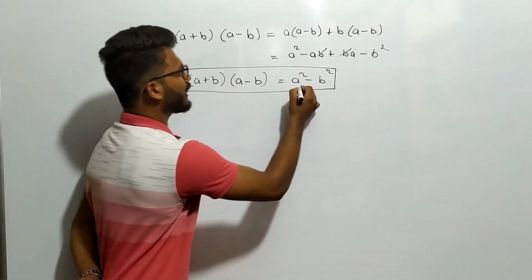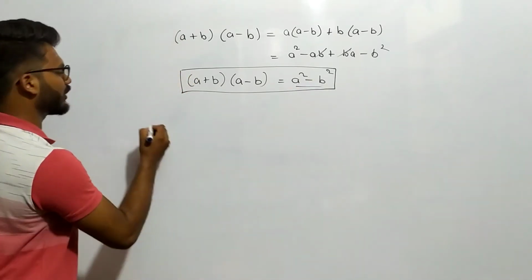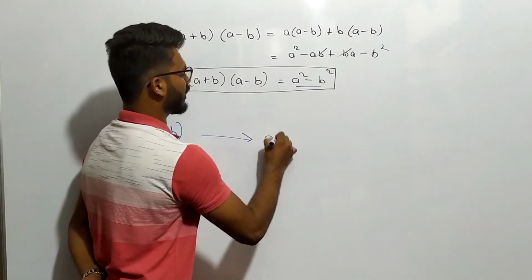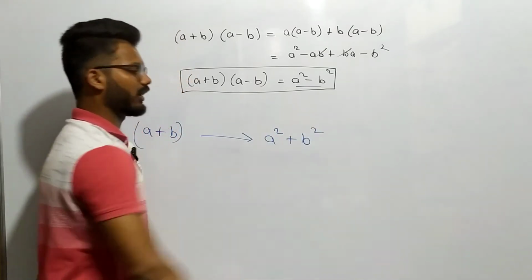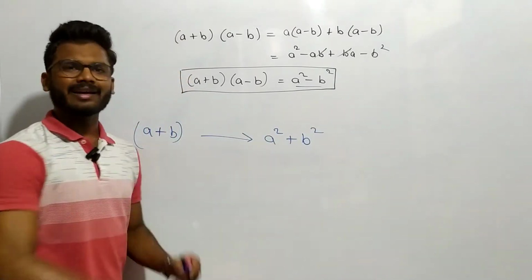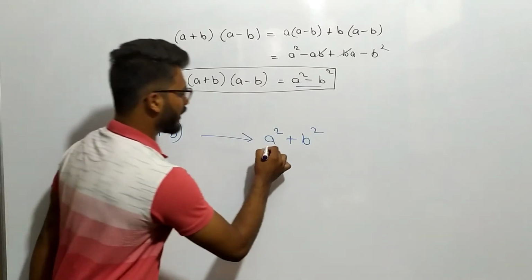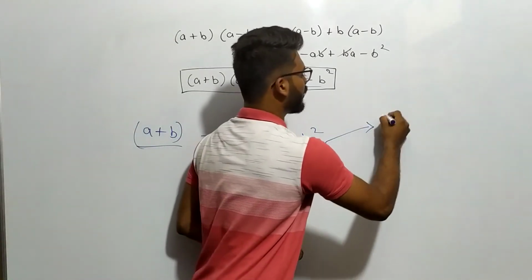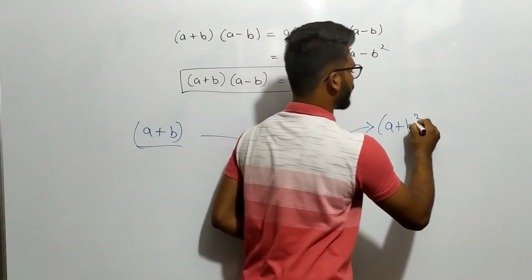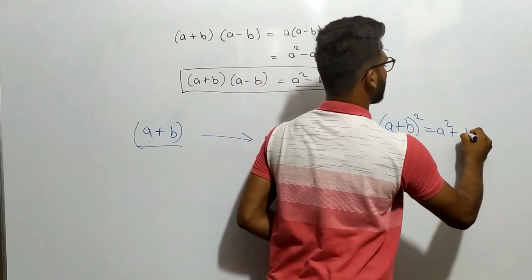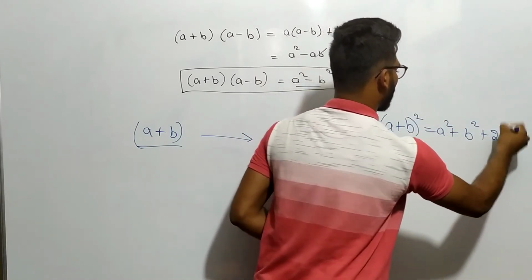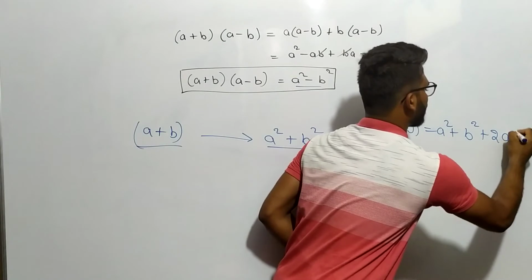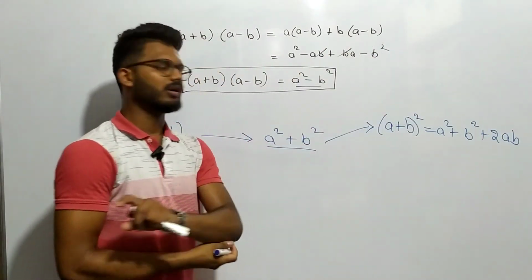But from the previous also, we will have many formulas. See here, a square minus b square. Sometimes they will give a plus b, and they'll ask to find what is a square plus b square. When you have like this, you have to remember, using a square and b square and a plus b, which formula do I have? We have a plus b whole square is equal to a square plus b square plus 2ab. So by using this, we have to substitute the a plus b value, and they will give the ab value also. Substitute there, you will get the answer.